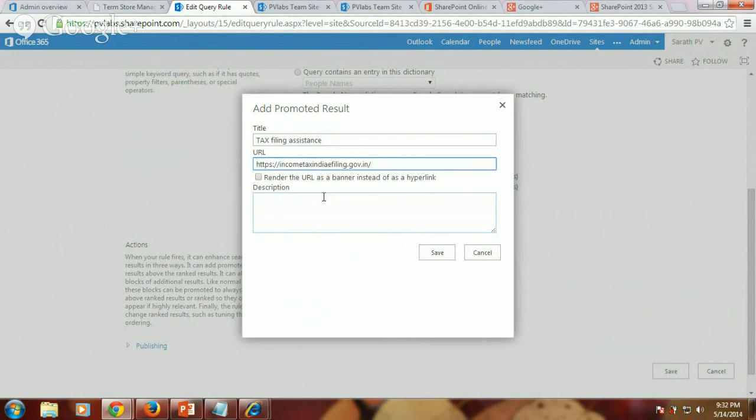Now this is where normally a lot of confusion occurs. We had a feature called best bets in search in 2010. Visual best bets, I mean to say, used to be an icon or an image associated with a link, and it will appear at the top of your search results. Now if I choose to render the URL as a banner instead of as a hyperlink, we would assume that it will go ahead and render this income tax India e-filing page